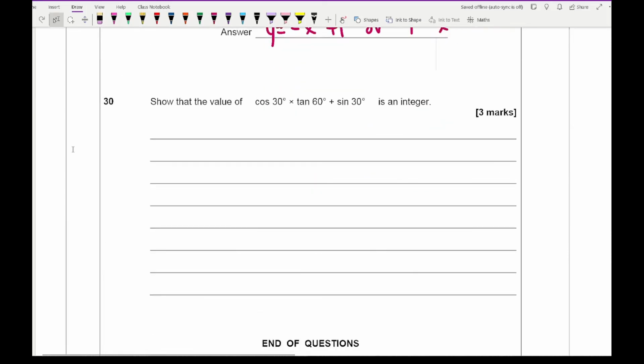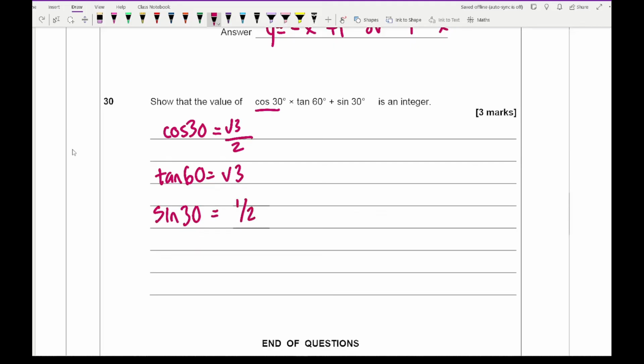Then for our last and final question, we're looking at an exact values of trig question. With this, it's important that we recognize that cos 30 is root 3 over 2. Tan 60 is equal to root 3. And sine 30 is a half. So from those, what we can then do is substitute it all into these things here, in which what we get is root 3 over 2 times root 3